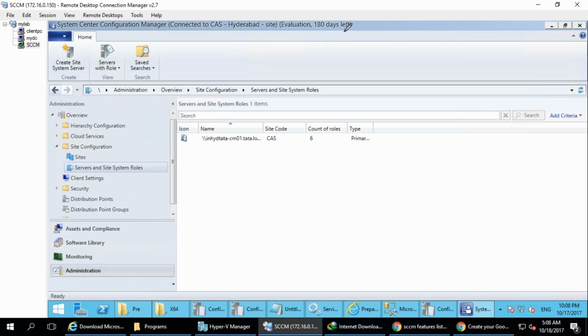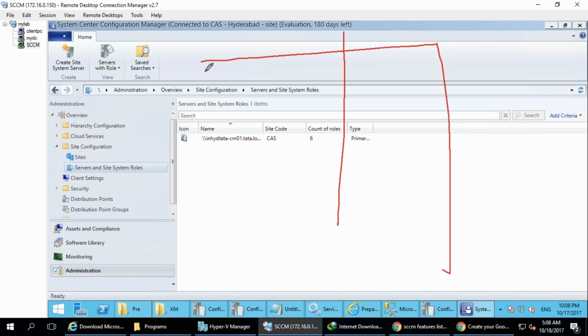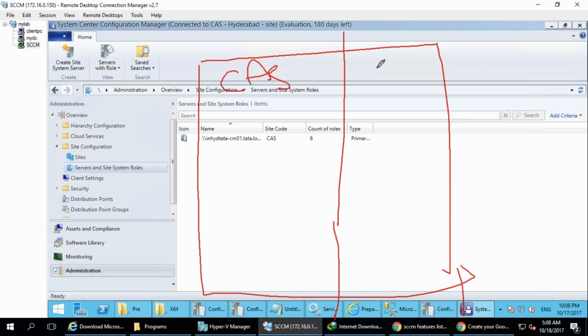So now let's have a look at it. You know now what is a primary, what is secondary. Now let me talk about the CAS and also the central. CAS is the new type of site which started from